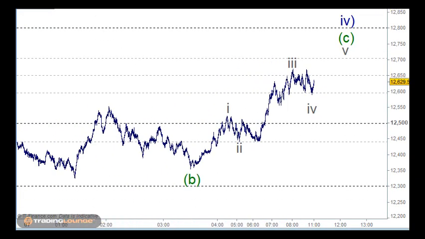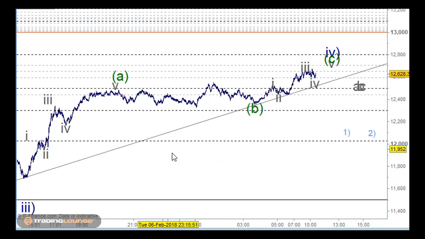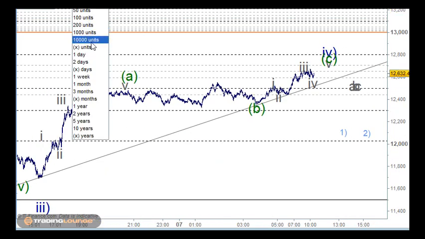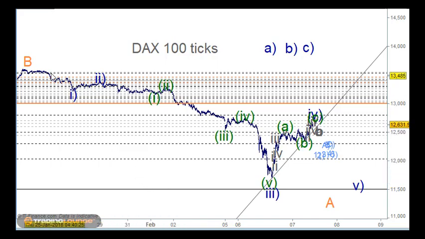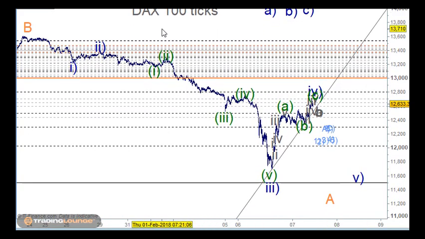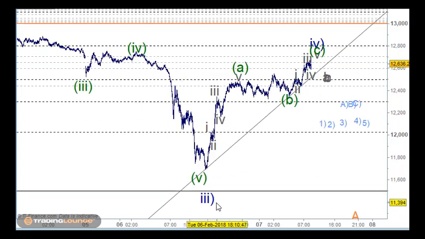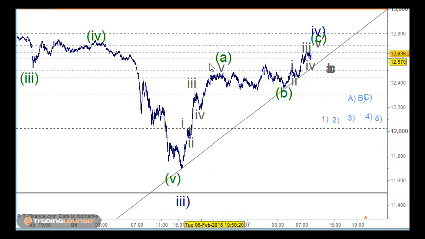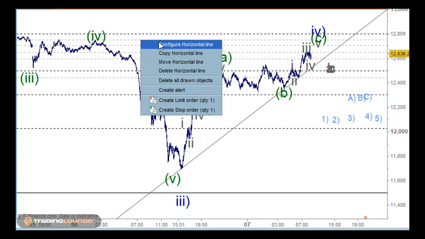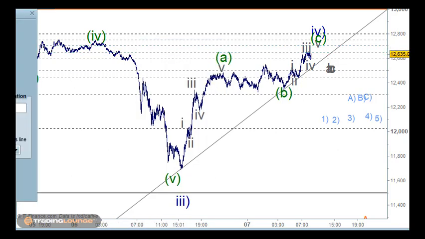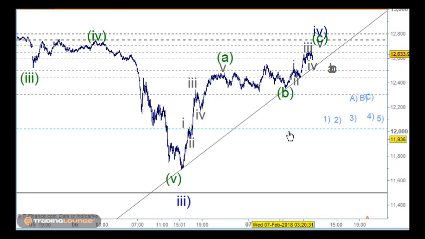So this is just the tick chart here. Let me just open this up for a few more bars in here. Might have to get a few more and I can expand it out. So from DAX 100 ticks, from the B wave here we're looking at 1 and 2, and then 1, 2, 3, 4 and 5 for the third wave, and we're looking for the fourth wave to come back up to the fourth wave of one lesser degree. So we're looking at this space in here. We'll just make that a nice big line there, so we can see where that is.